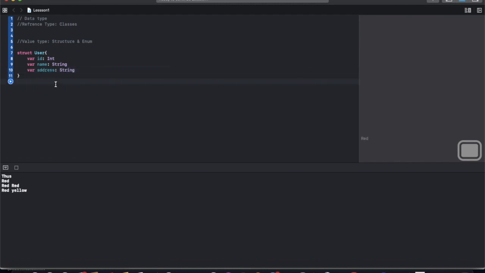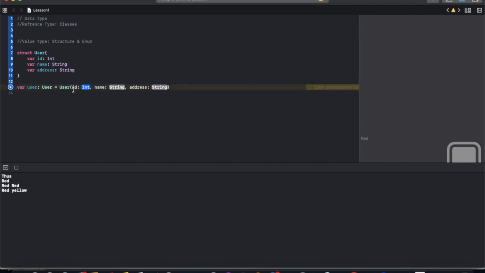Now if we create a variable with the type of struct user, we can just create it with a colon, the value type, and provide the values. So id is 1, name is Harsh, and address is Delhi, India.